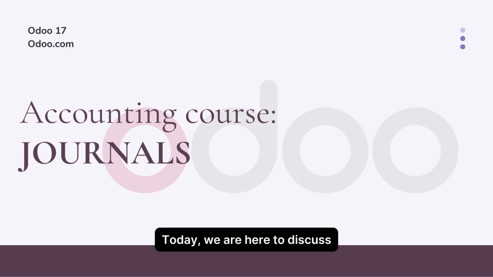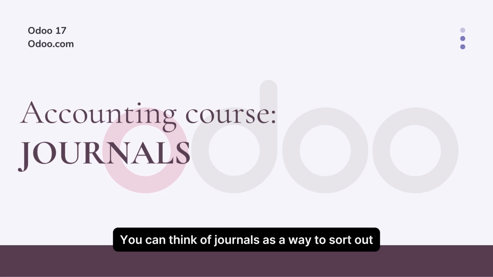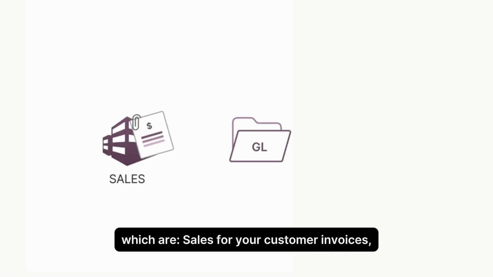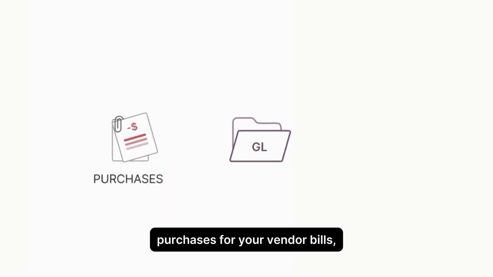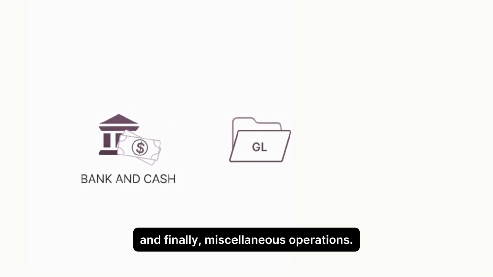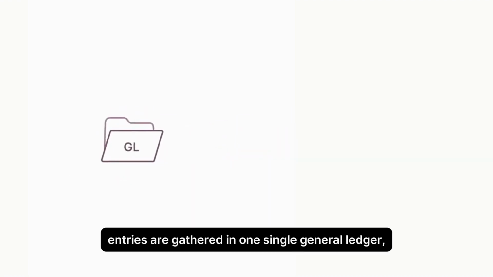Today we are here to discuss another essential concept in accounting, which is the journals. You can think of journals as a way to sort out your transactions. In Odoo, based on the transaction type, we identify five different journals, which are sales for your customer invoices, purchases for your vendor bills, bank and cash for the payments, and finally, miscellaneous operations. In the end, all journal entries are gathered in one single general ledger where you can find all the journal